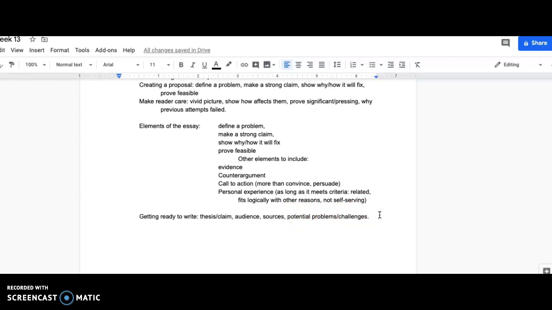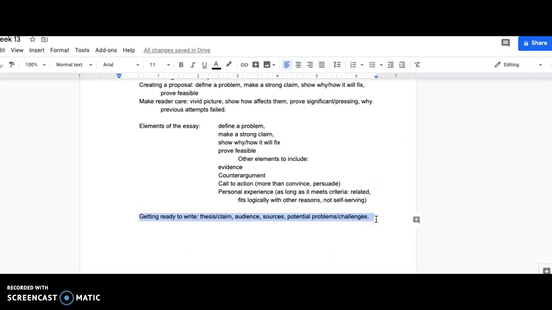Like, I'm not sure if I'm going to get enough resources. I'm not sure if I can really pull out my personal experience, and I'm not sure that I'm going to be able to be unbiased, or that I'll be able to give as much information as I'll need to have. So you want to be prepared for our conference by just having this outlined.